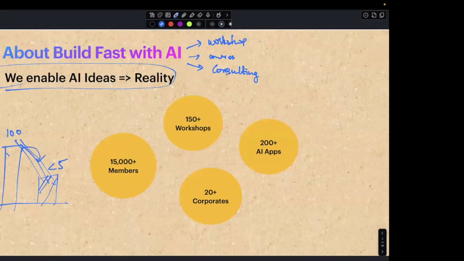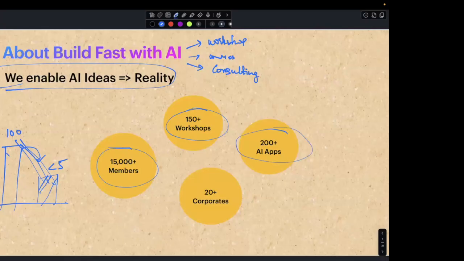We also have a very good community of more than 15,000 members, where we regularly meet every week to discuss new topics in generative AI. In the last year alone, we have done more than 150 workshops, ranging from finance agents to fine-tuning to understanding models like DeepSeek and others.